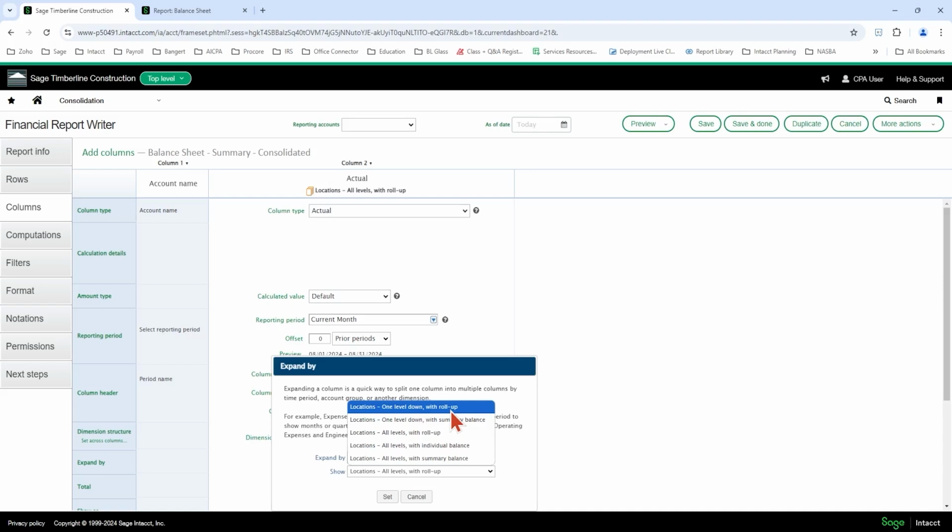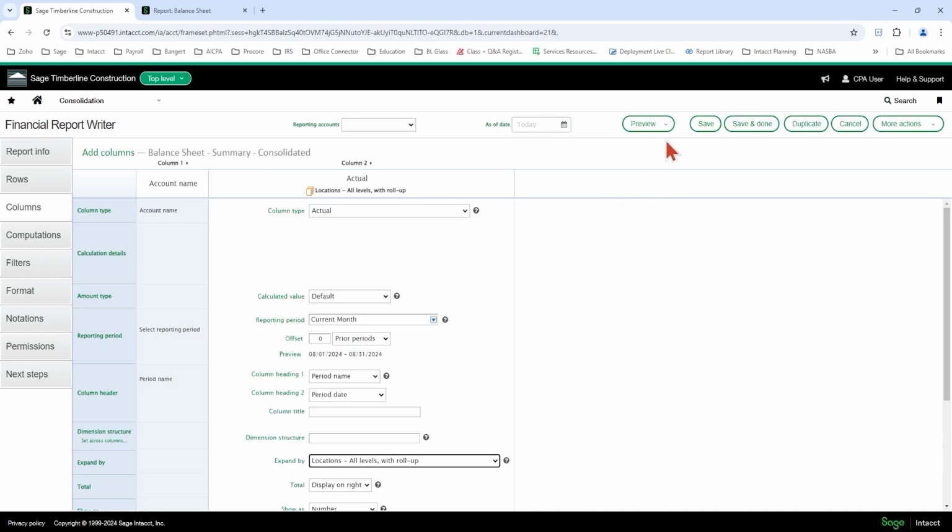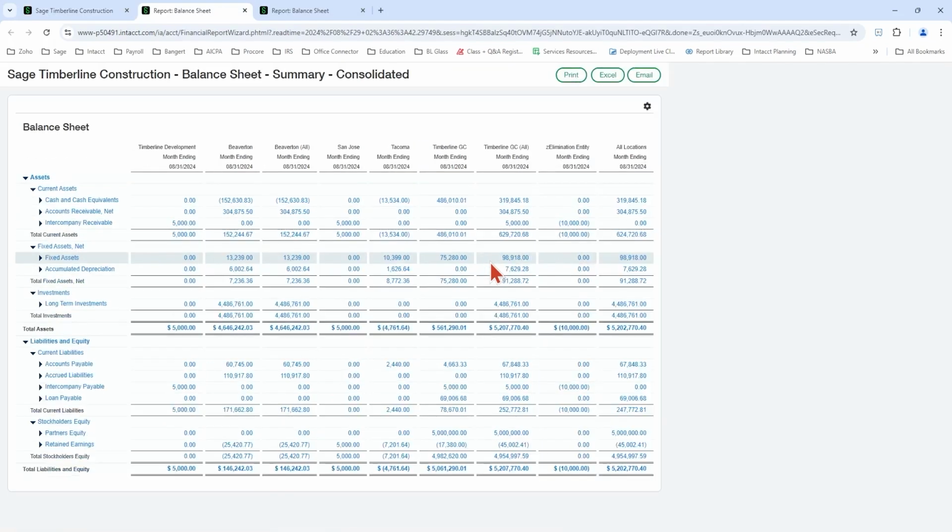So it might just have all of my locations grouped together and my entity transactions only. So you want to play with these different levels and see how it looks. A good thing to do is to hit this preview live report while you're playing with those levels to see which one works best for you.